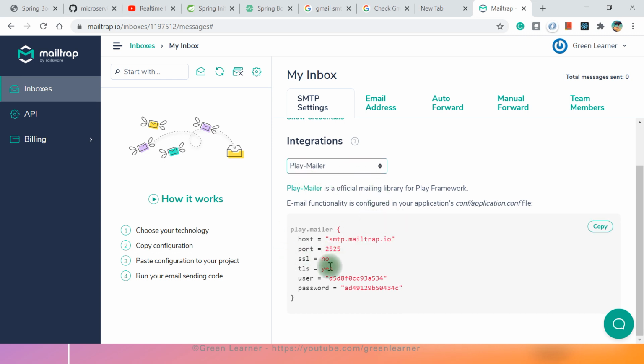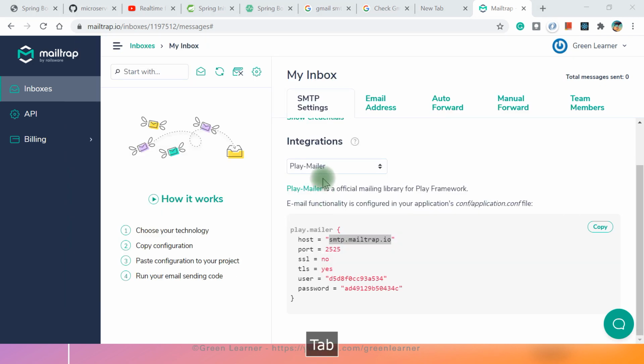Play Mailer, and these are the details that I got: host, port, SSL, TLS, and all those things, username, password. This username is like your actual email ID, and this is the password where your actual password is there. Okay, so let me put in these details.